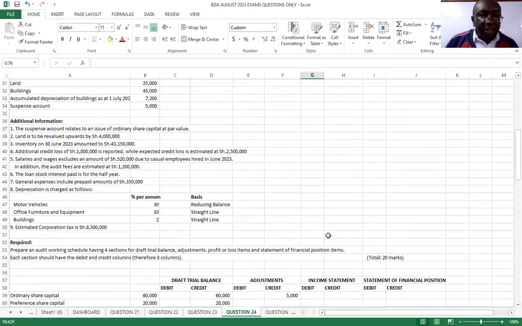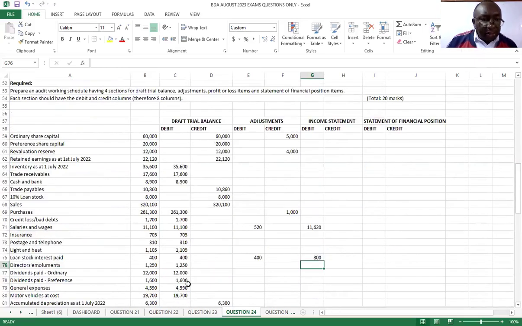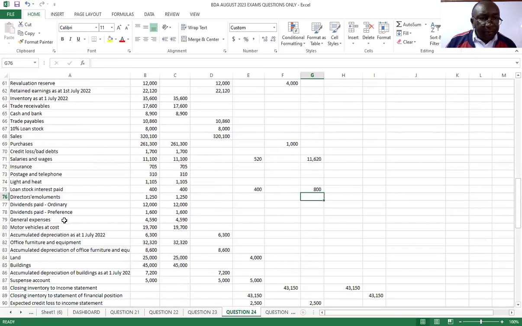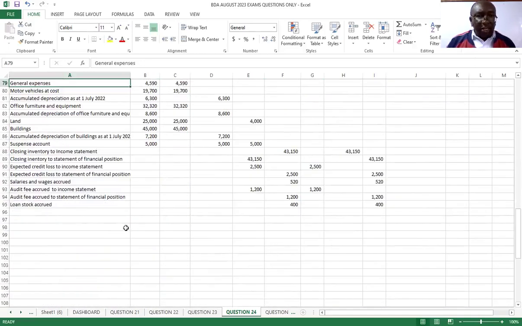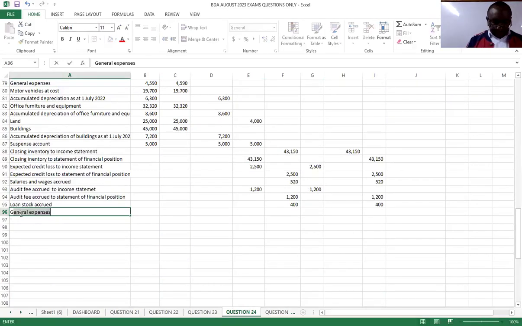Okay, the next item that has been mentioned is general expenses include prepaid amounts. So what we have been given here is just general expenses. We have some general expenses, these ones. So we have to create a general expenses prepaid account, general expenses, prepaid,